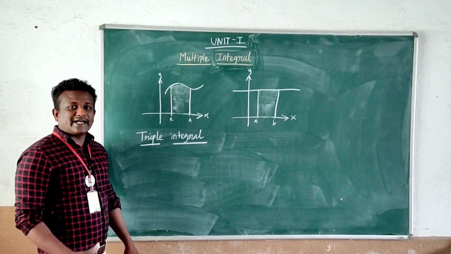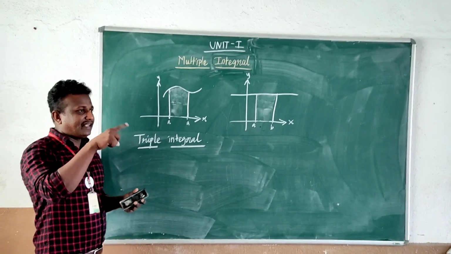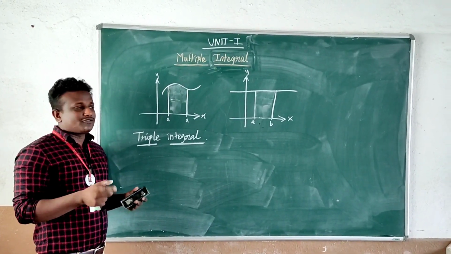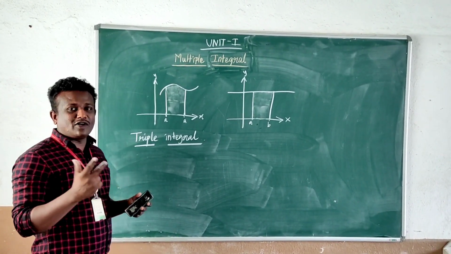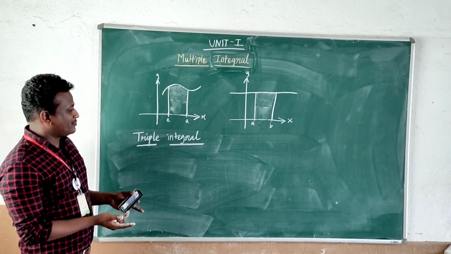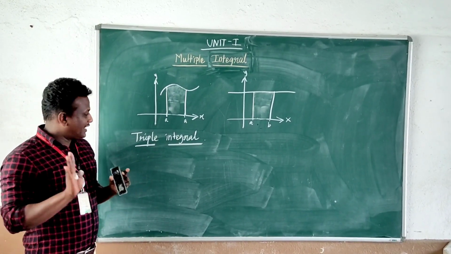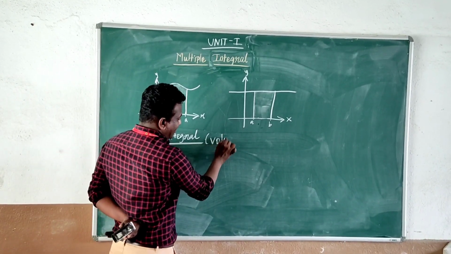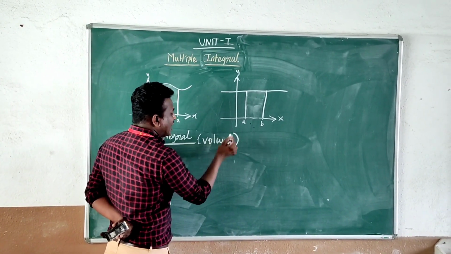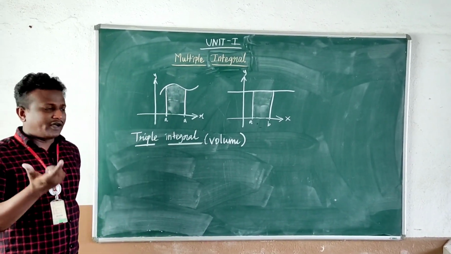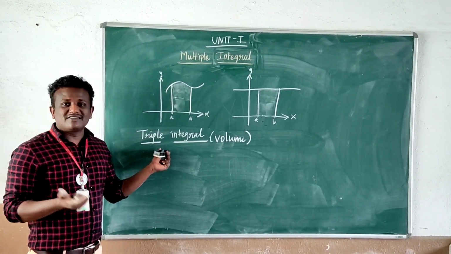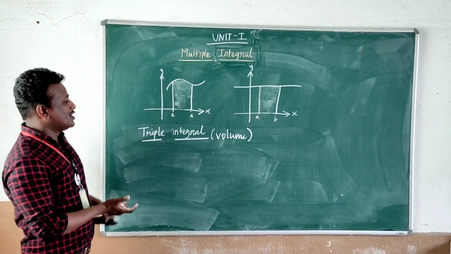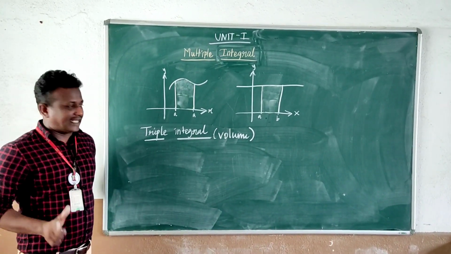Triple integral means we will have the triple integral symbol. Definitely many of you will have a doubt, like why we are using triple integral. No doubt, we are using triple integral to find the volume. So we have a formula, sir, to find the volume. Then why do we need to use triple integral, sir? This is another doubt that everybody will have. So I will answer your question.